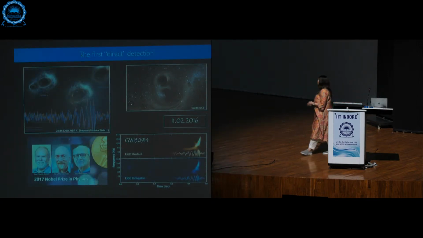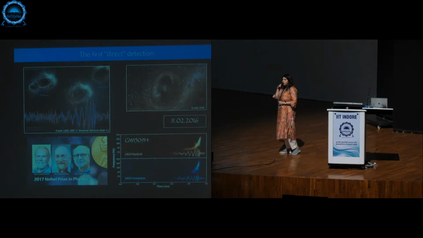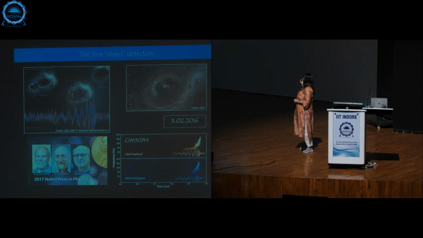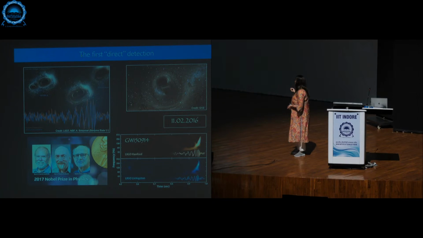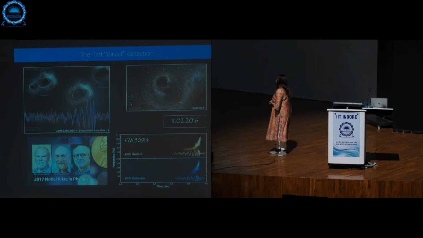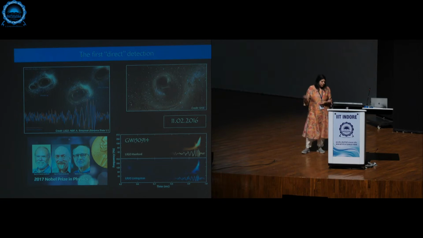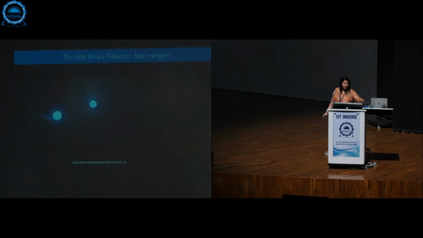So, of course, we already know that in 2015, and the announcement came in 2016, of the first direct detection of gravitational waves from a binary system of black holes. This is the reason why Barry Barish, Rainer Weiss, and Kip Thorne were awarded the Nobel Prize in 2017. And so this motivated people to look for other sources, like binary neutron star sources, and the first